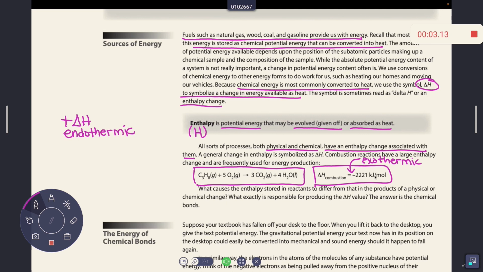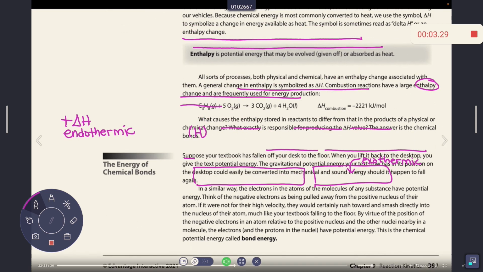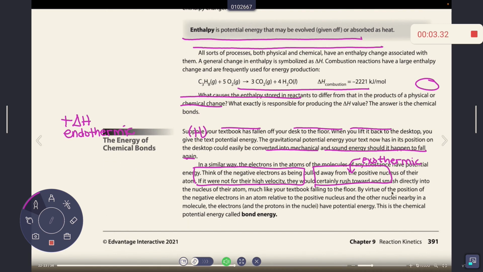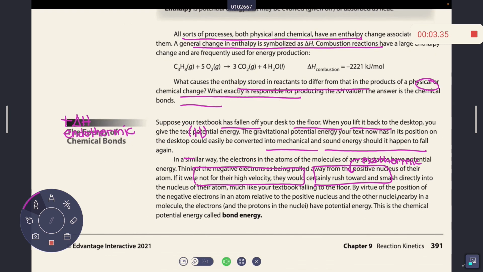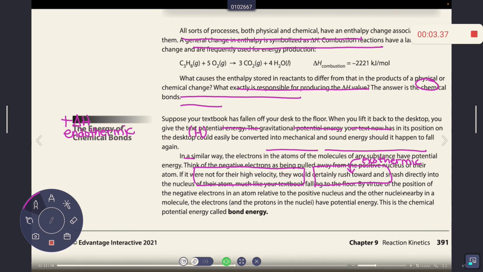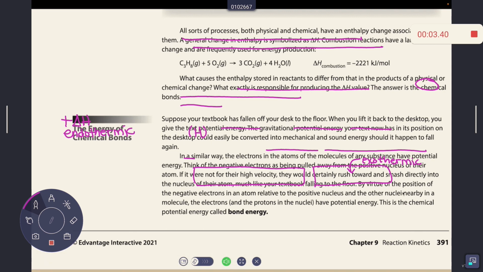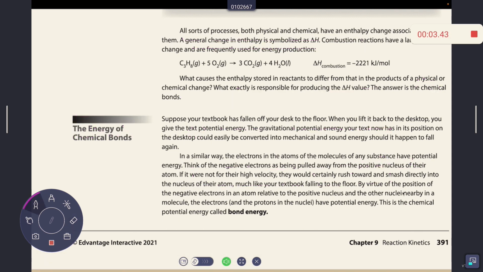Okay, now, what causes the difference in these enthalpy values? Well, it's going to be the chemical bonds. And let's take a look at the energy of chemical bonds. If you take a look at the bottom of the page, the chemical potential energy that's related to like the electron's position to the nucleus is known as bond energy. So chemical potential energy is called bond energy. And if you take a look at the next page,